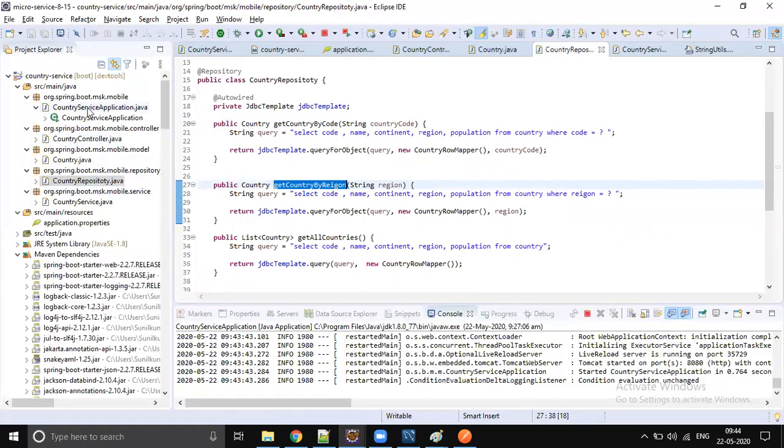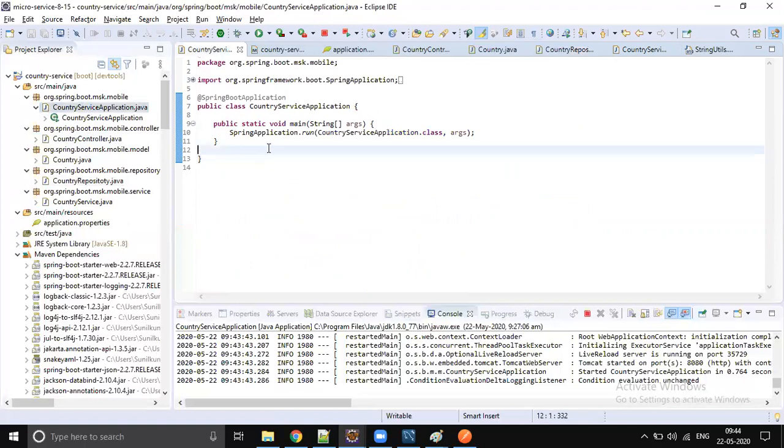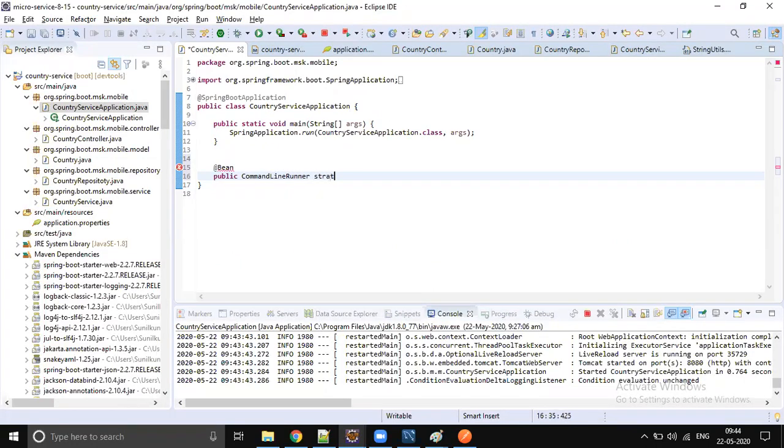Let's go to application and write command line runner. Just want the repository. So it's going to be country repository.